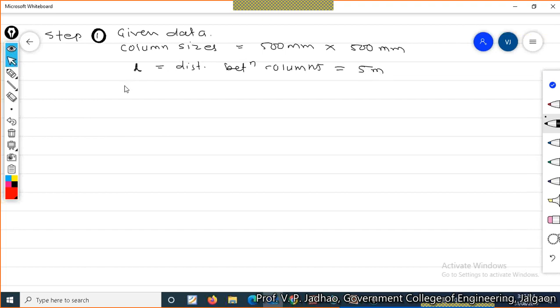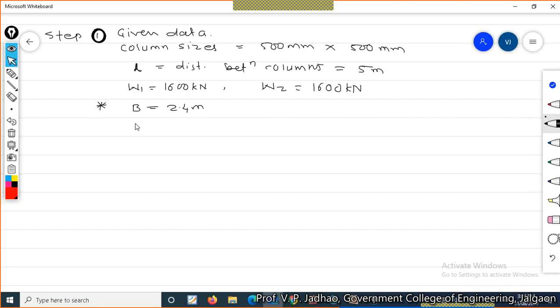Okay, each column is carrying a load of 1600 kilonewton. So we have W1 is equal to 1600 kilonewton, and again W2 is equal to 1600 kilonewton. We have available width restriction is 2.4 meter. That is, the width of footing is given as 2.4 meter. Okay, you cannot increase this width. You can increase the length, but you cannot increase the width of your footing. So we have some restriction over the width of this particular footing.